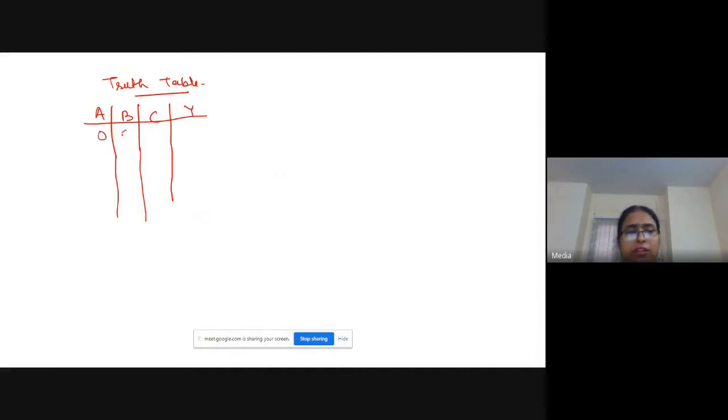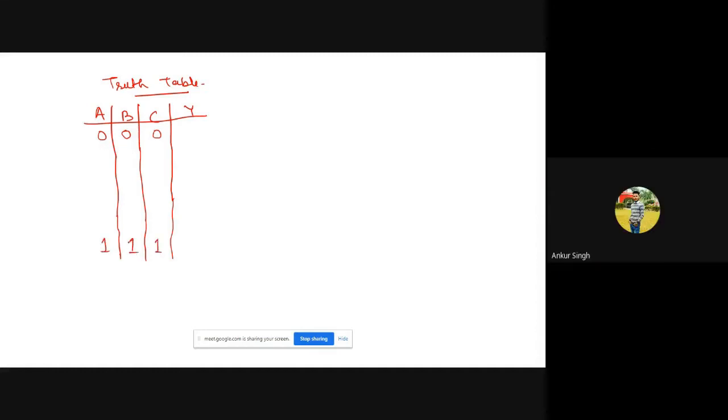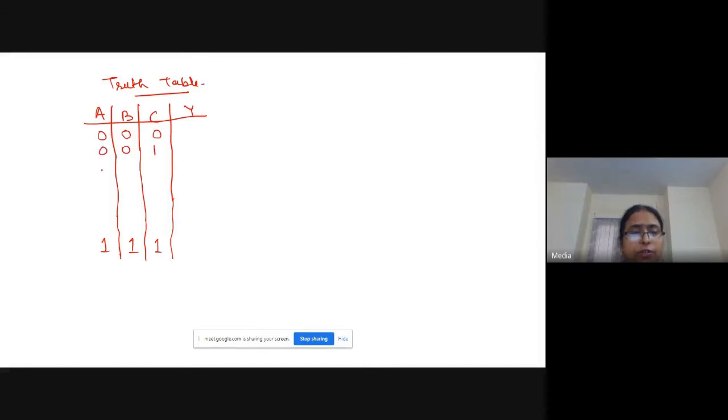If there are 3 variables, how many entries will there be in a truth table? 2 raised to power 3, 8, starting from 000 to 111: 000, 001, 010, 011, 100, 101, 110, 111. This you know, binary counting. So let us say the outputs are given like this.